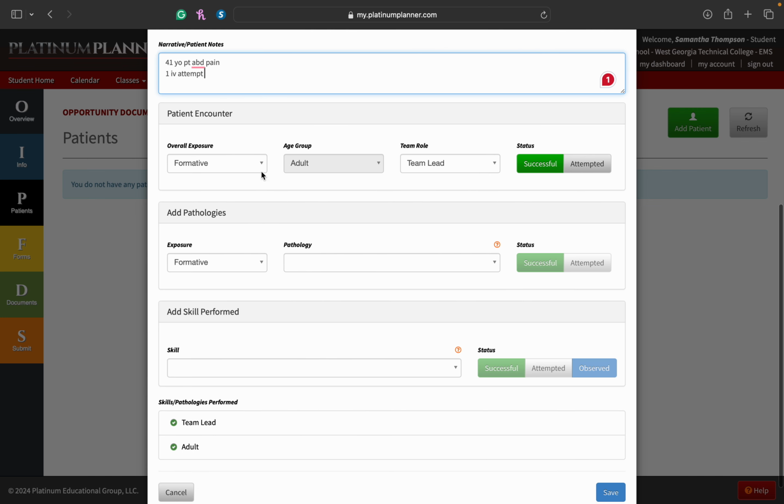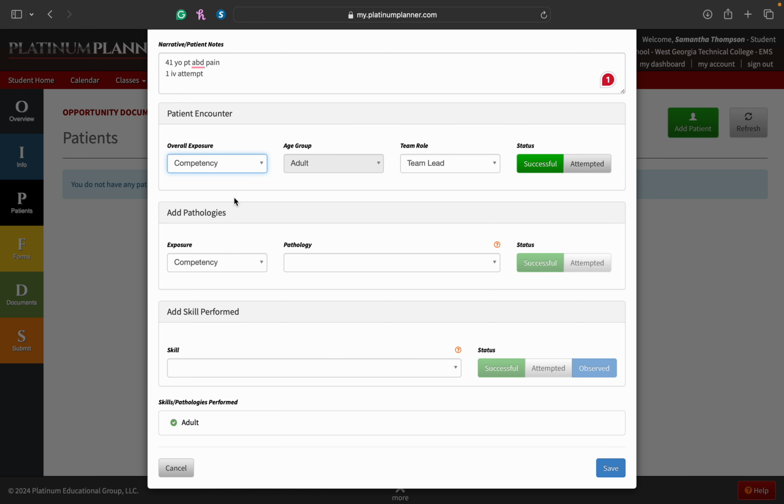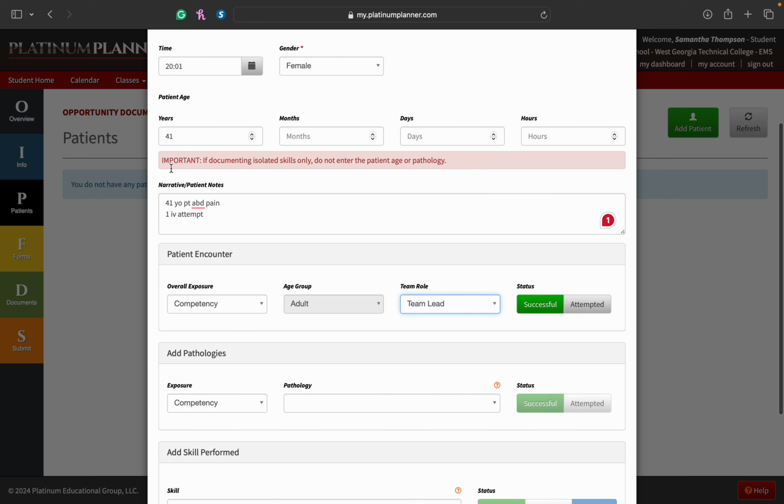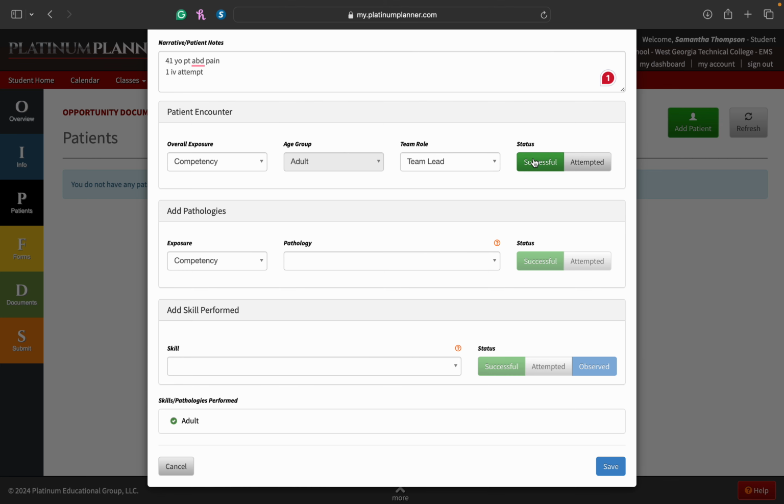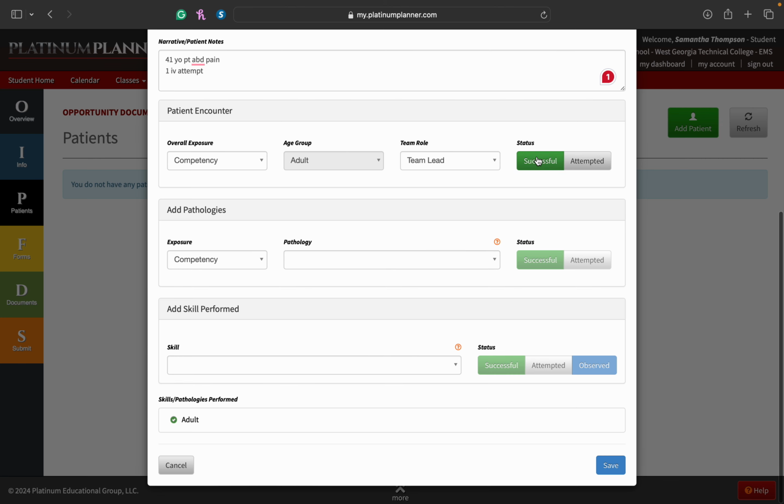You'll come down here. All of your patient encounters will be competency. It'll automatically put you on formative, but you're going to have to change this to competency. And then you'll move on to your age group. It automatically inputs your age group based on what age you put in the years column. Over here, you'll have different team roles. Right now, it's putting me as a team lead, and you're going to want to click successful on everything that you do. If it's a successful encounter with a patient and you transport, you're going to want to click successful,